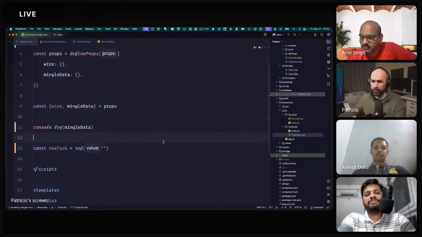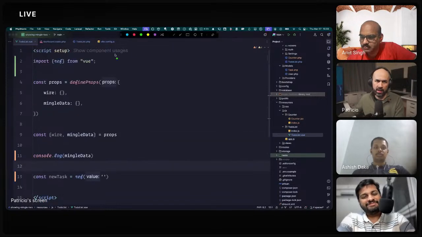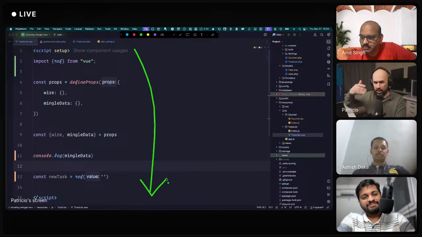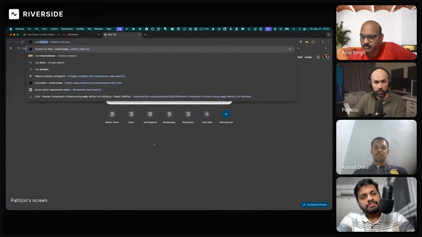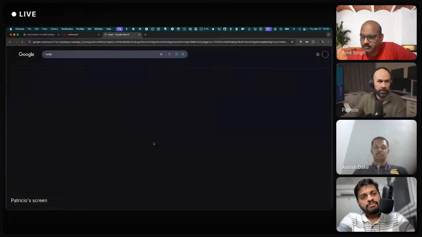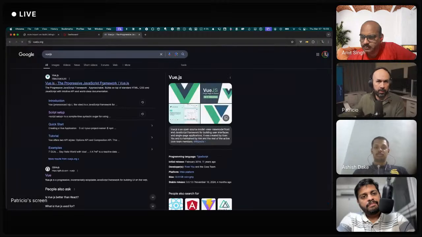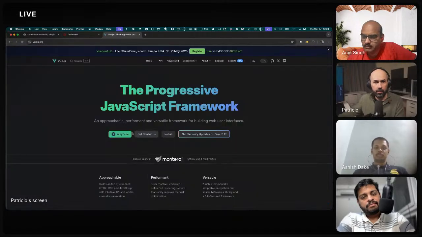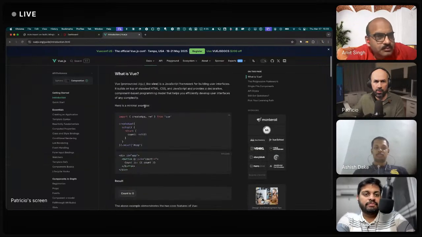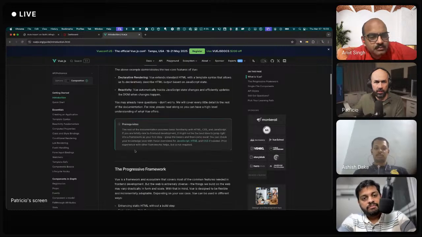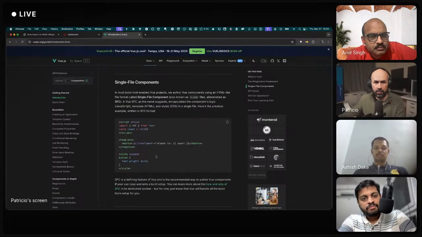Not much. Okay. So this is like a JavaScript file, typical JavaScript, but there's also another flavor. That's called a composition API. You build a component like so.